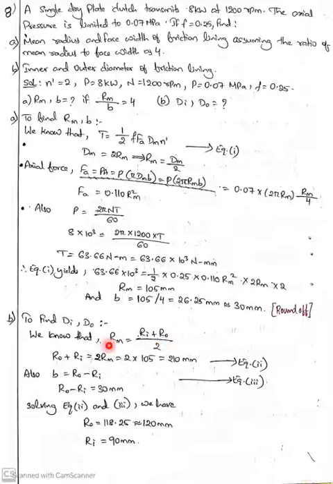Similarly, to find the diameters di and d0, you need to take the value of the mean radius, that is ri by r0, in terms of the mean radius. Substitute the values of ri and r0 in terms of 2Rm. You will get the value of ri plus r0. Once you get the value of Ri or R0, just convert it back and substitute the values of Ri and R0. You will get R0 and Ri as the values. Okay, so thank you.